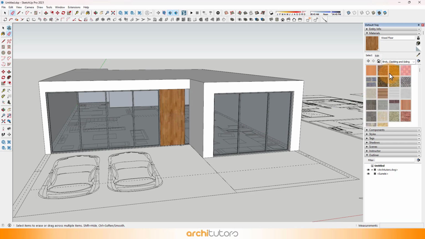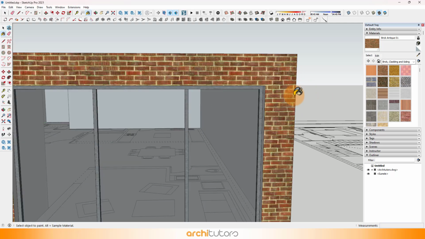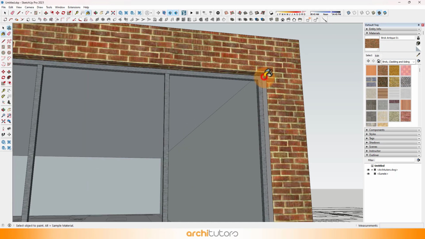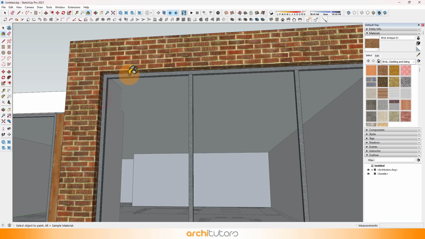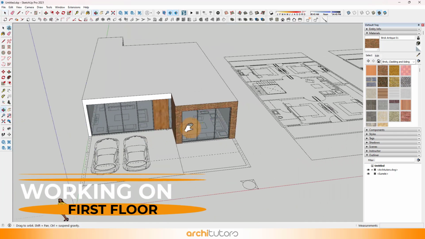Let's give these outer walls a brick texture in SketchUp using Bucket tool. Now we can start working on the first floor.